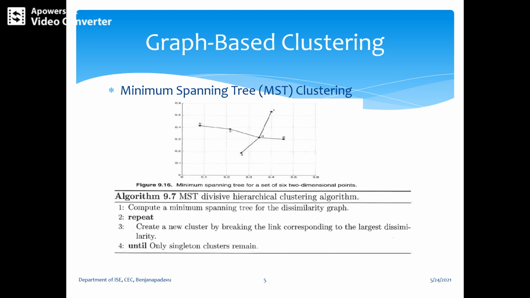Third, define core objects and build clusters around them. To do this graph-based clustering, it is necessary to introduce the notion of a density-based proximity graph or a sparsified proximity graph. And the last point: use the information in the proximity graph to provide a more sophisticated evaluation of whether two clusters should be merged.